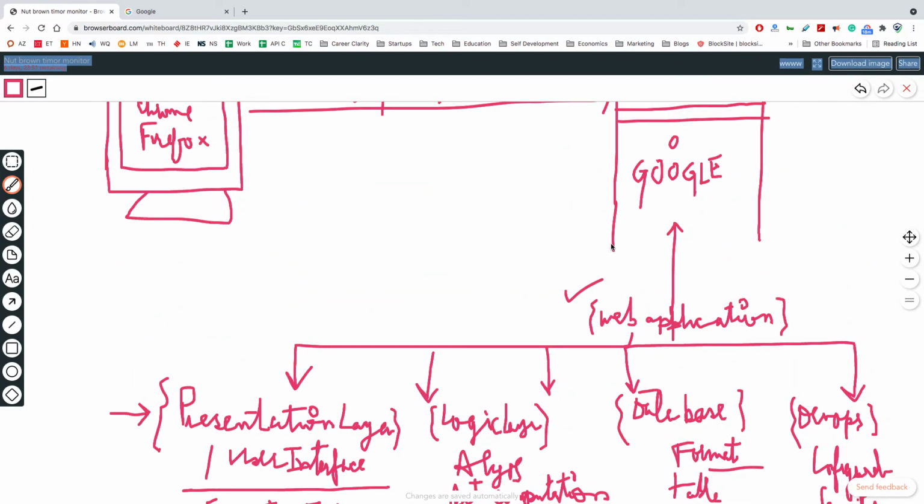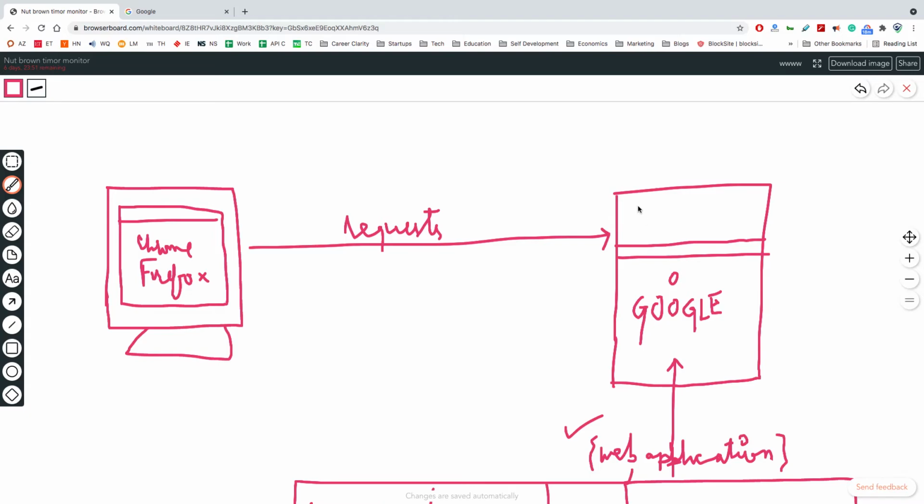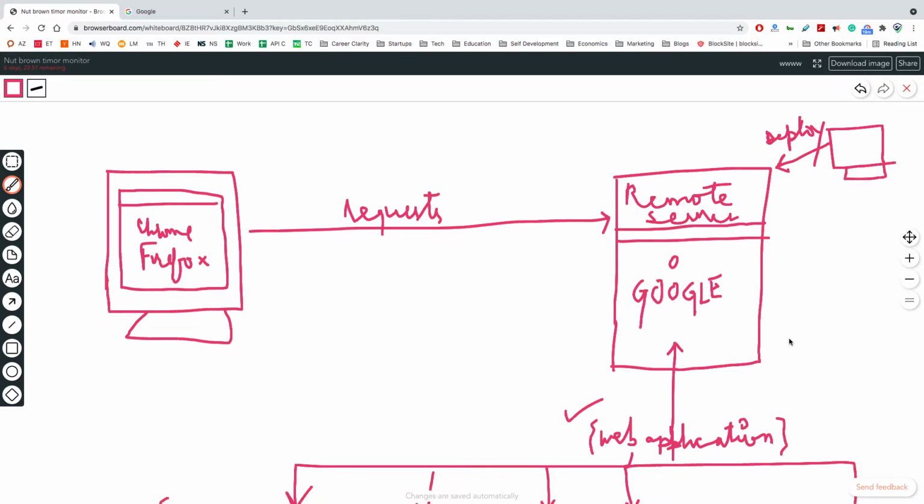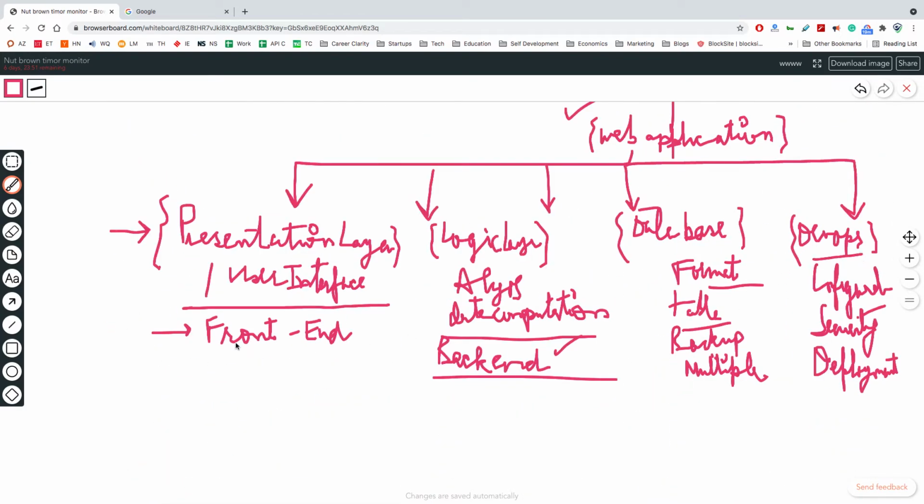This is Google's remote server, and the developers develop on their local machines. Say a developer is developing on his laptop, and then it is pushed here, then it's deployed here. How that deployment happens is called DevOps.